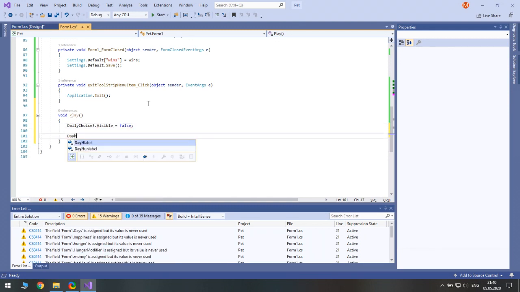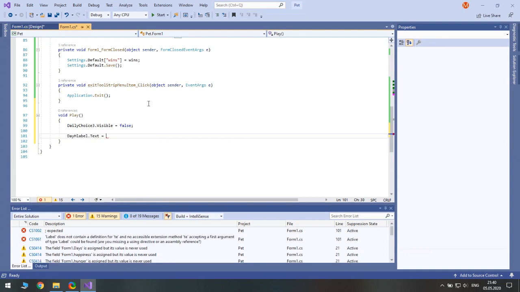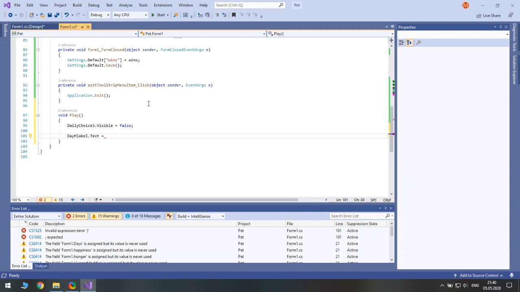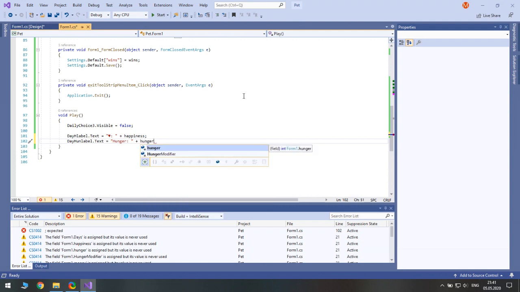Day happiness label text should be equal to... I just want to paste, yeah. Every day we should update our hunger label and set its text. Then we pass the value of the hunger variable.